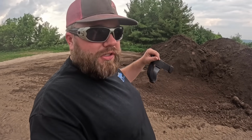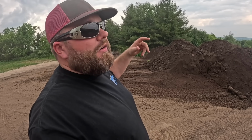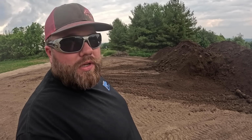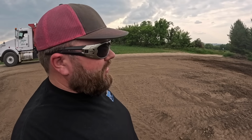Right, got her pushed up a little bit. I really don't like pushing it up with that wheel machine because it packs it down and then the machine almost gets stuck doing it. So I'll probably have to have the track machine out here tomorrow, because if we're gonna haul another 15-20 loads, obviously the pile's got to go up. So someday I hope to have more space to do this, but for now this is all the space I got. So an angry farmer won't give me 30-foot square to turn around in, so a little tight here, but